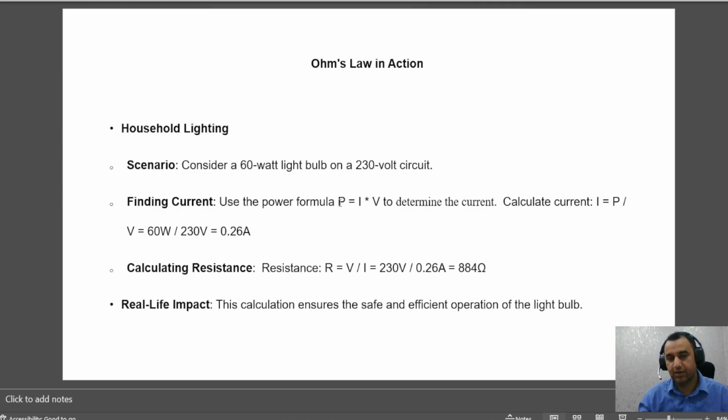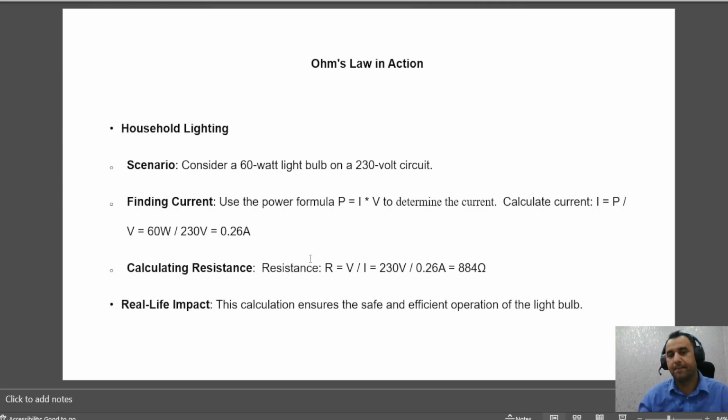So this is what we need to remember here. Voltage and current together equal the power. To get the current, we need to bring current to this side as we did here. I will leave the power on top, and we divide by the 230 volts. We can see here we've got 60 watts up there, and we can divide by 230 volts. We can divide 60 watts by 230 volts to get the current value, which is